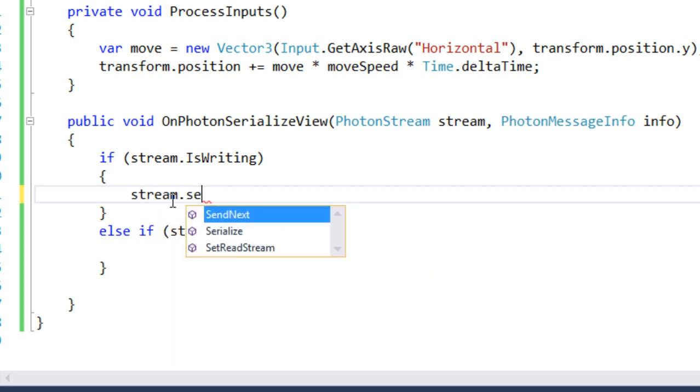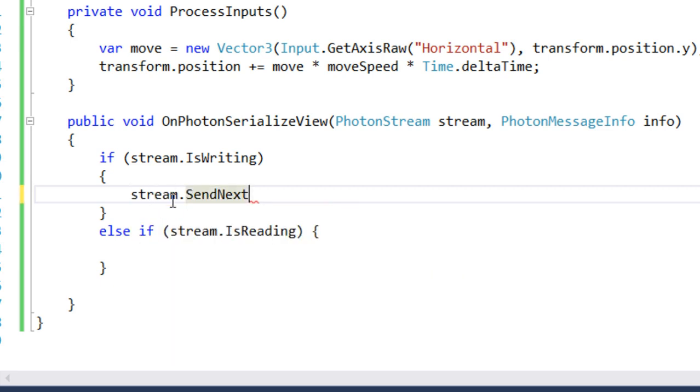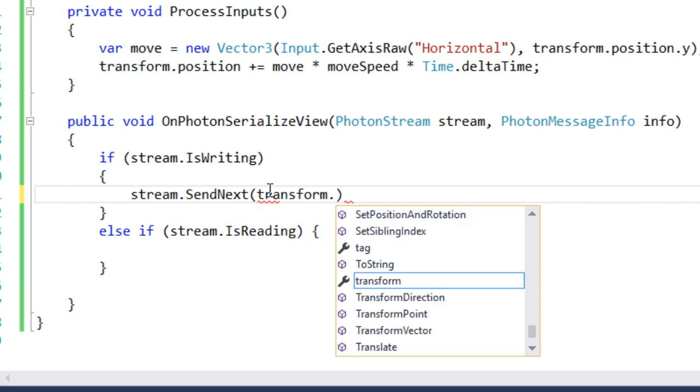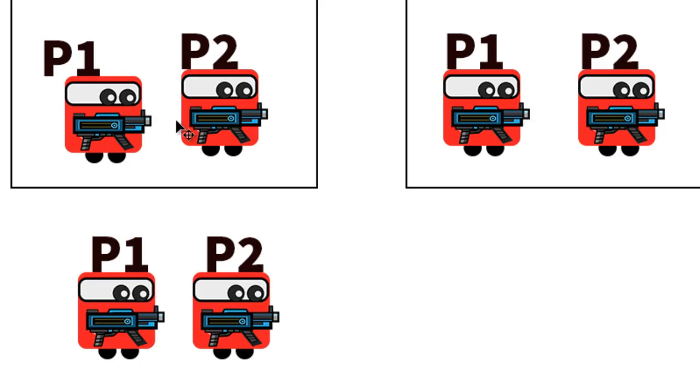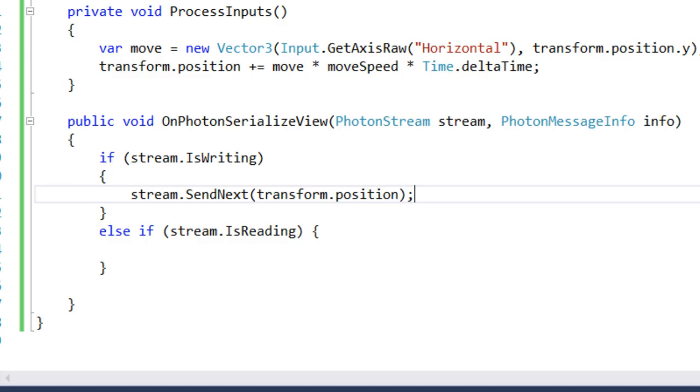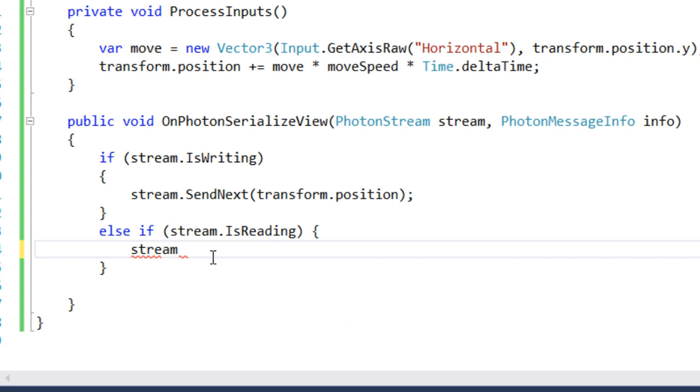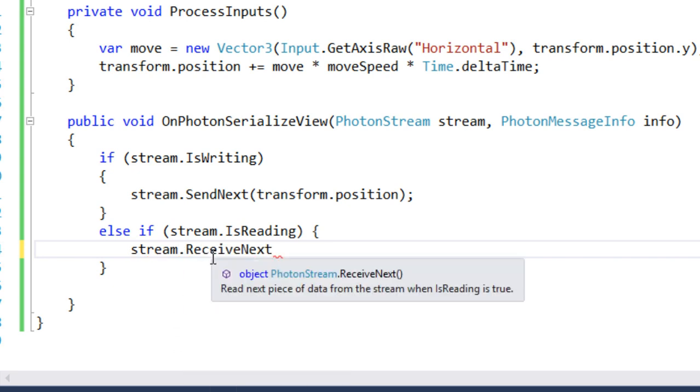Stream dot send next. So to send the value you can use the stream dot send next function, and in here we are simply going to send our position. So transform dot position to everyone else, to every instance. So this is going to send the position to this instance only. Now also if we are receiving, we can receive by using stream dot receive next,